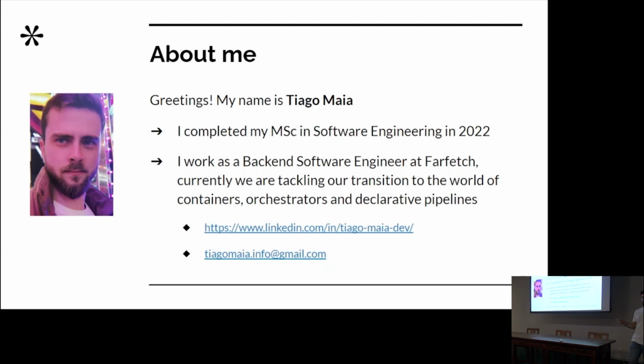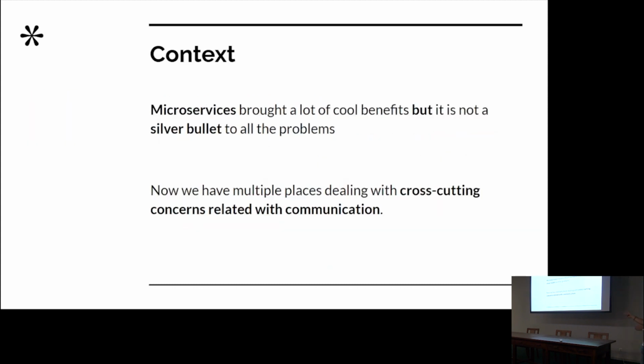But that's not what I'm going to talk about here. I'm going to talk about service mesh. Before I talk about service mesh, it's important to understand how it started. So what is the big picture? What is the problem? So as you all may know, microservices is an architecture pattern that is very adopted nowadays. And people are using it because it has a lot of advantages, right?